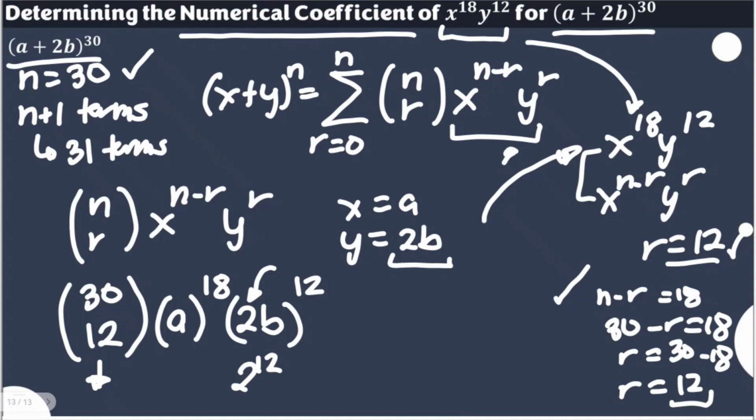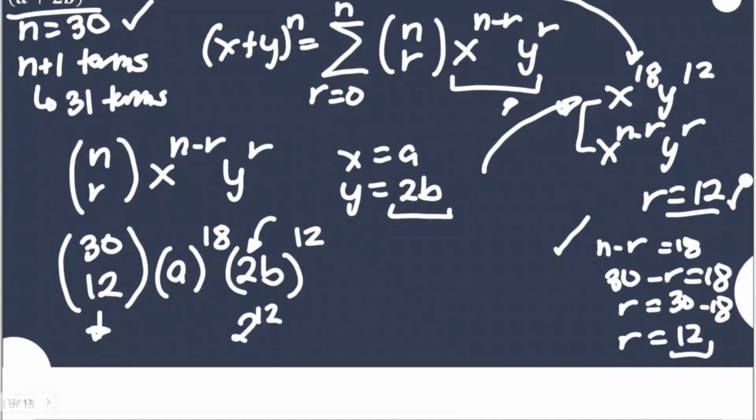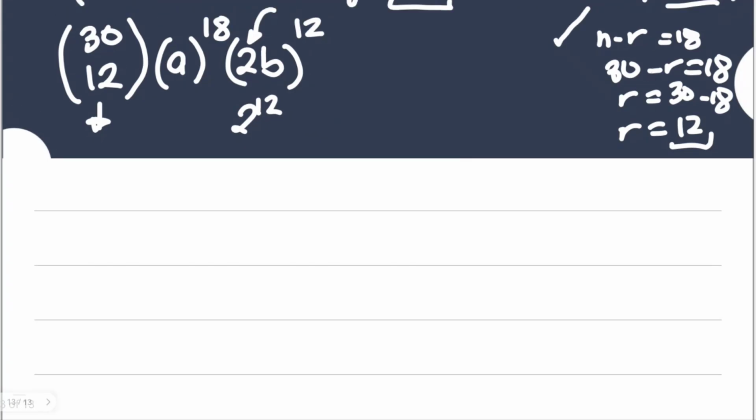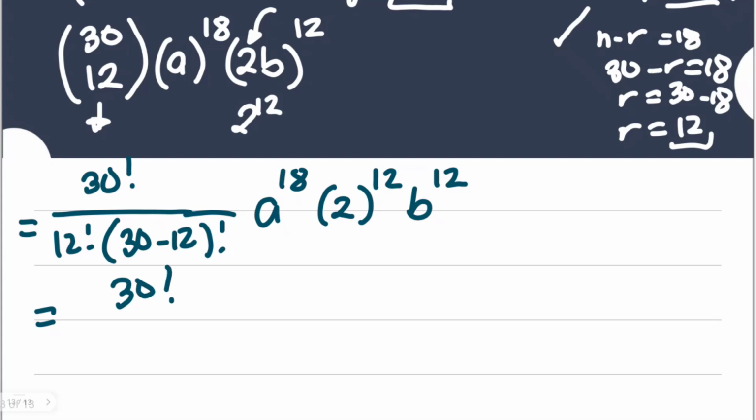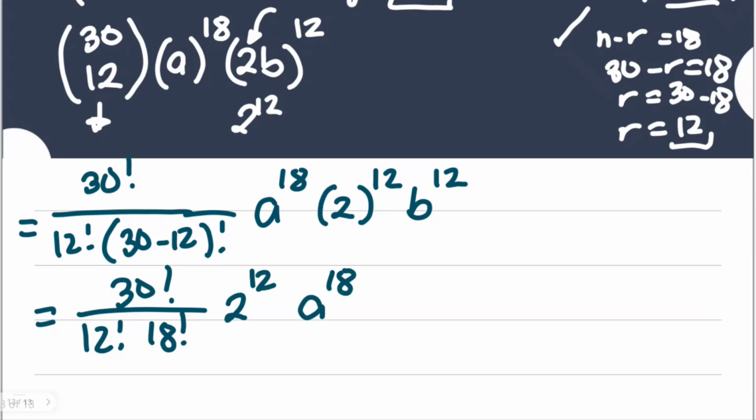So let's continue at the bottom. Again, this is what will happen here. 30 combination 12 is actually 30 factorial over 12 factorial times 30 minus 12 factorial. Then a to the power of 18, and you will have 2 to the power of 12 and b to the power of 12. So you will have 30 factorial over 12 factorial times 18 factorial, times 2 to the power of 12, a to the power of 18, and b to the power of